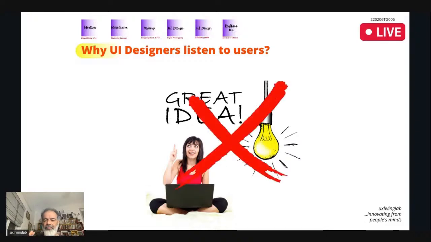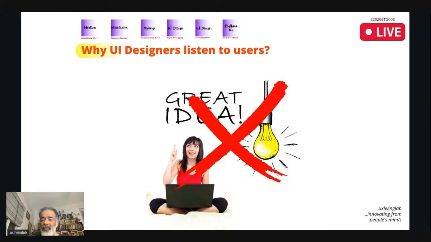That's one of the wrong perceptions the UI designers have. And don't argue that your idea is great. So you have an idea, that's good. What a UI designer has to do with an idea? Because when a UI designer understands the product, a lot of ideas come to the UI designer's mind, and they will start with one idea or they conclude to one idea. But still, don't think that that's a great idea.